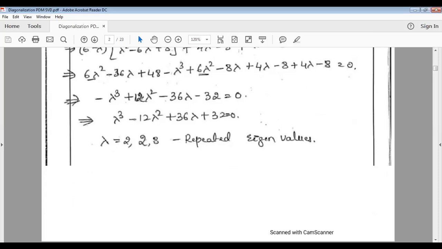That means you have one eigenvalue which is 8, and then you have two eigenvalues which are the same. So today we'll see how to find eigenvectors when the eigenvalues are repeated. Please make a note: when the eigenvalues repeat, you cannot ignore one of the eigenvalues. Both have to be considered, and we'll see how. The meaning of this in simple terms is, if you have three eigenvalues, even if they are repeated, you will have three corresponding eigenvectors. So you cannot drop one repeated eigenvalue. For example, you cannot drop this 2 and say I have only 2 eigenvectors. That's not possible. You'll have to consider all the eigenvalues.